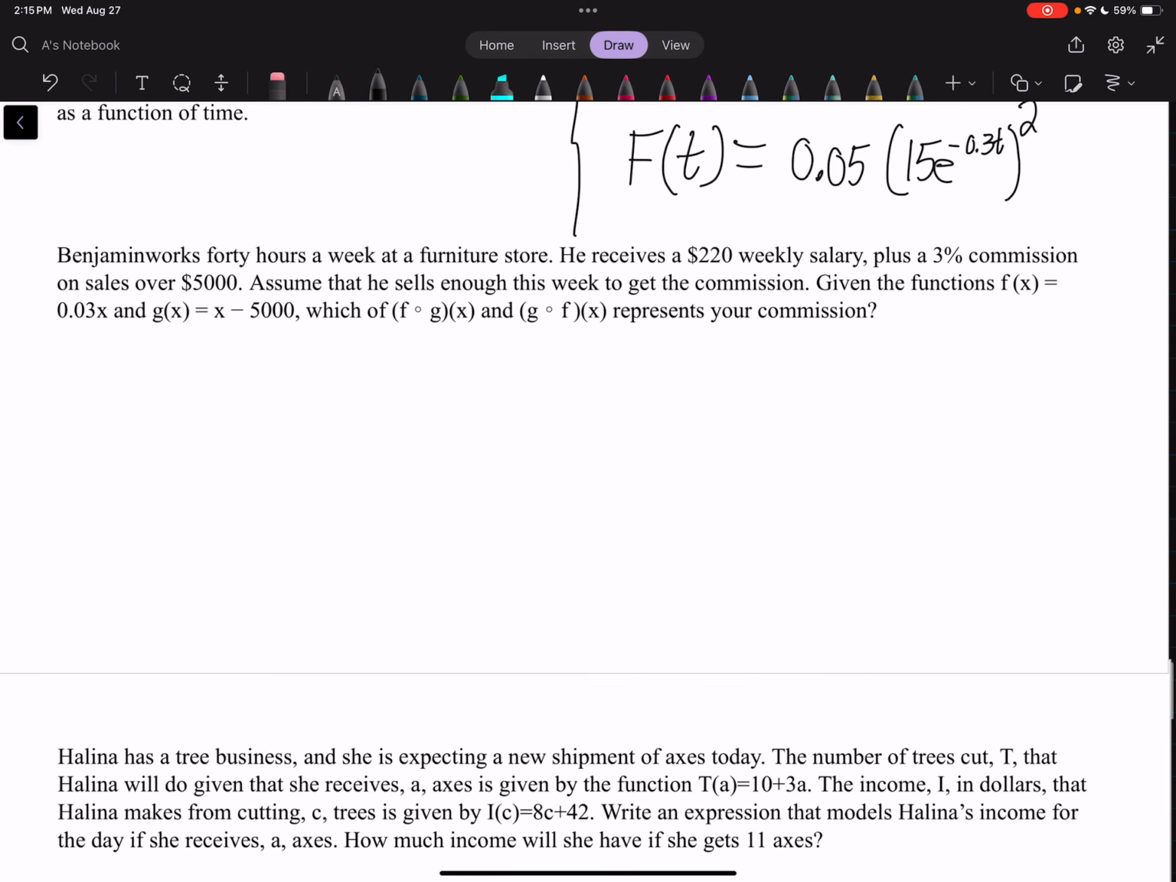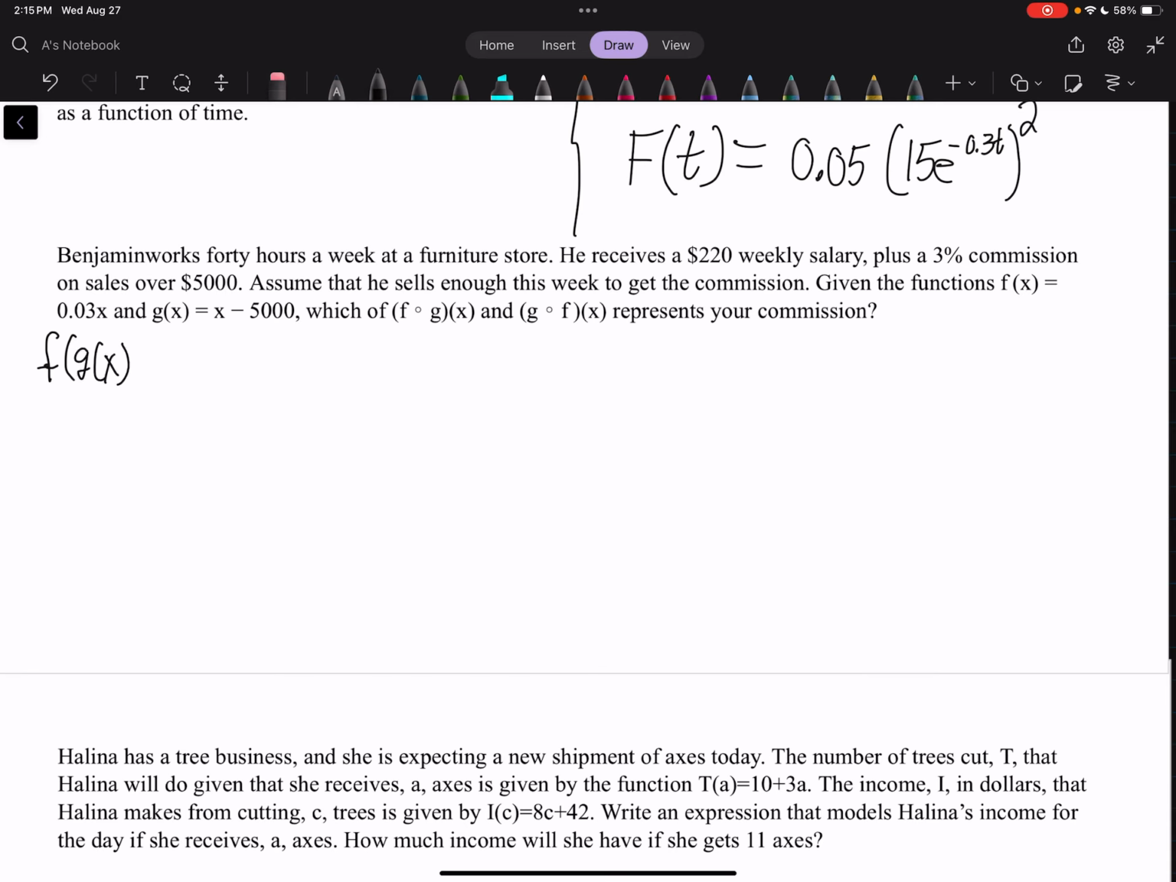Benjamin works at a furniture store. He receives a $220 weekly salary plus a 3% commission on sales over $5,000. If we assume he is selling enough this week to get the commission, I have the two functions f and g. Which of the following would represent your commission? So I have two options. I have f of g of x,